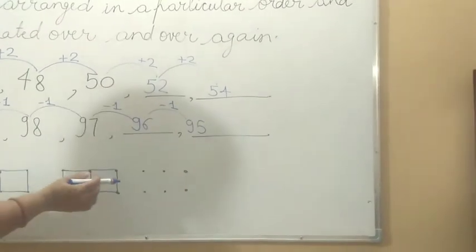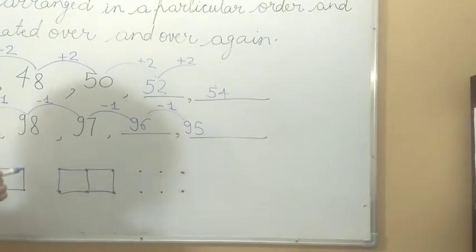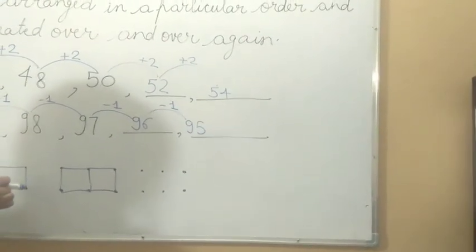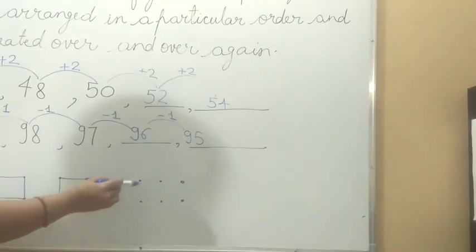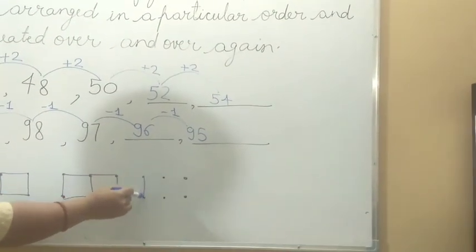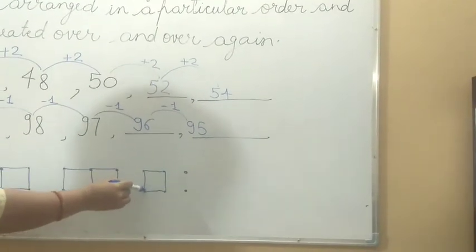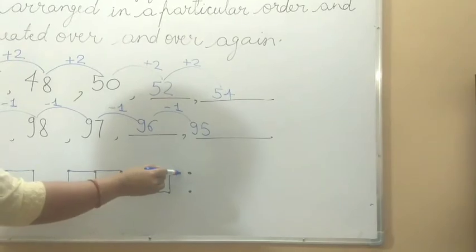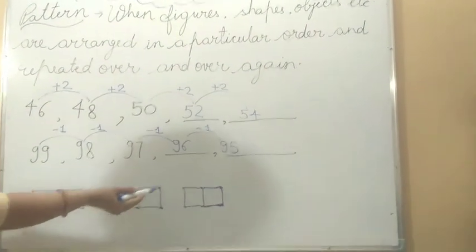Now what do we have to do? We have to join these squares from here. No, because they are leaving a gap between these dots. So we have to give the gap again here and start joining these dots to make the square in this way. And again we will not give the gap. Now these figures are completed by joining dots.